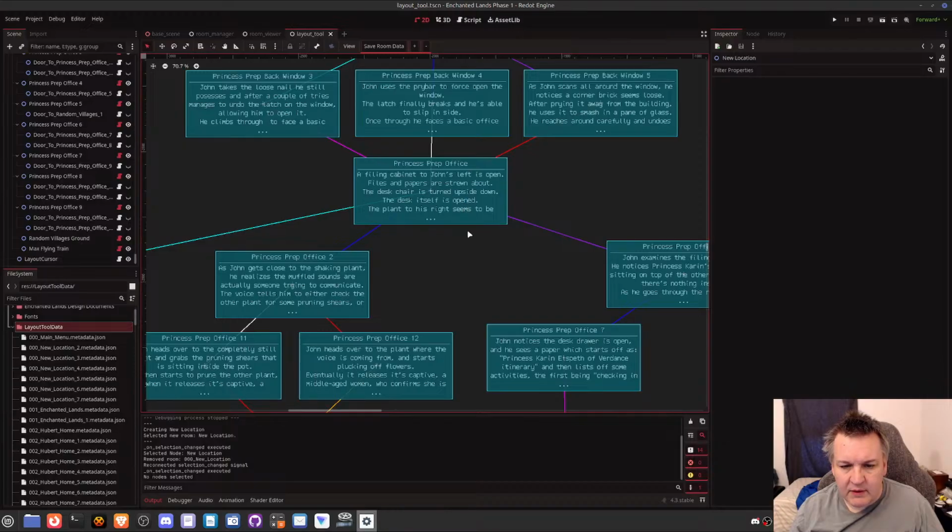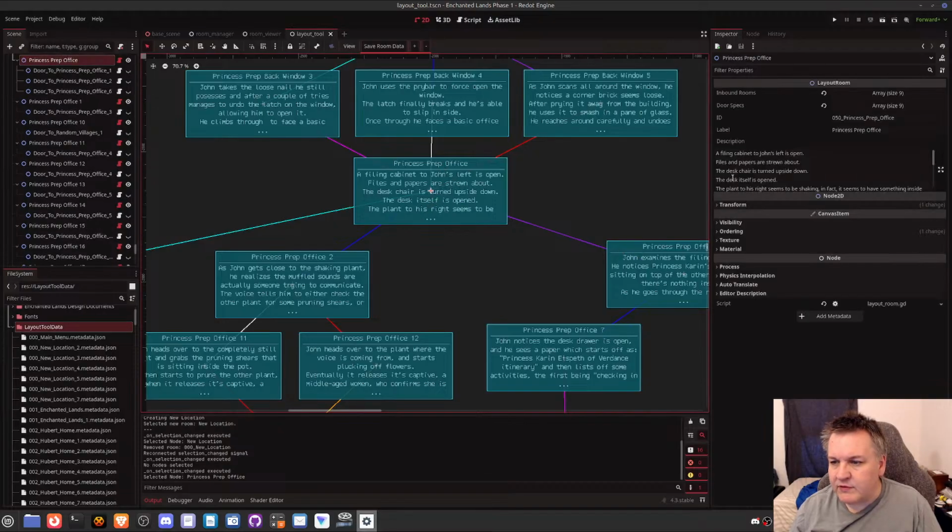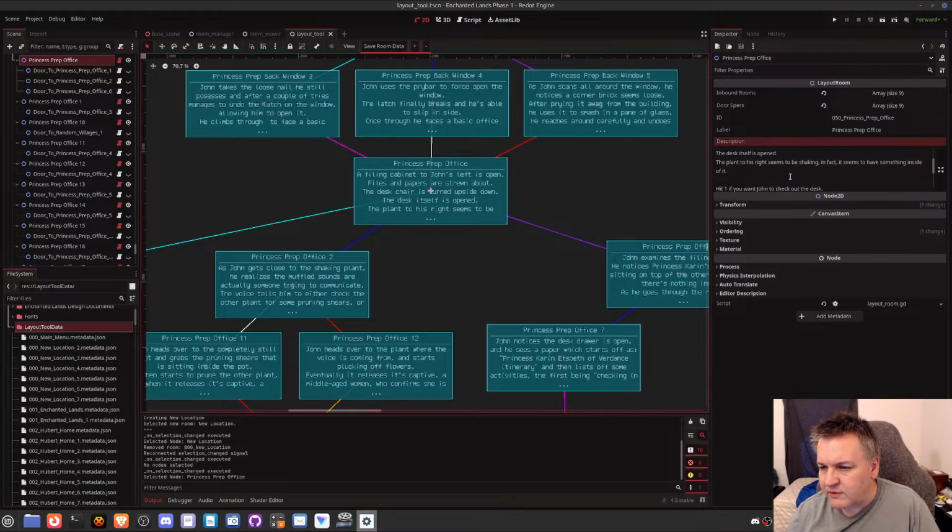So I go, okay, let's see. We're in the Princess Prep office. The description here is: filing cabinet to John's left is open, files and papers strewn about, desk chairs turned upside down, desk itself is open. The plant to his right seems to be shaking. In fact, it seems to have something inside of it. Hit 1 if you want to check it out. So I was thinking, okay, now you're inside